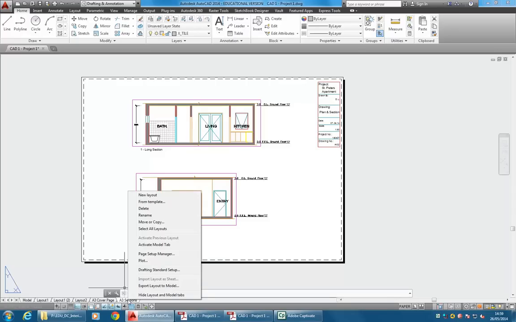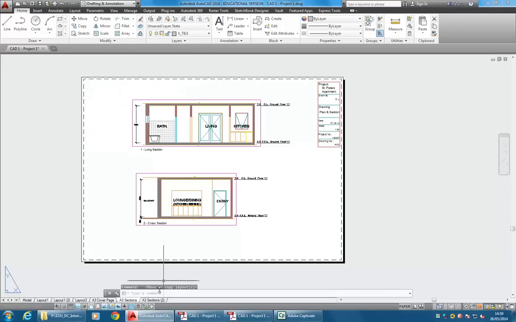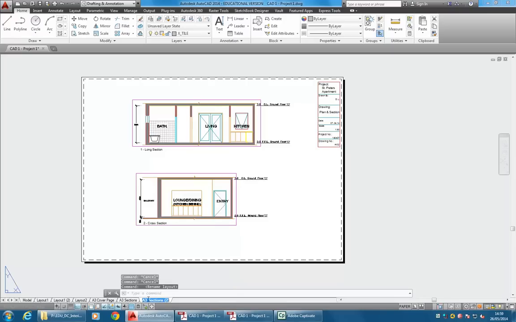When you right click on a tab and then go to move or copy, you need to choose where you want it to go in your list of tabs down here. So I'm going to choose move to end, so it'll go obviously to the end, and then I'm going to tick create a copy. If you don't do that, all it'll do is move the current tab somewhere. So create a copy and then OK, and now I've got a duplicate which is identical to begin with, but if I right click there, I can go to rename, and I'll call this A3 bathroom,